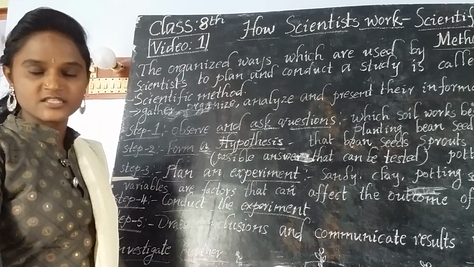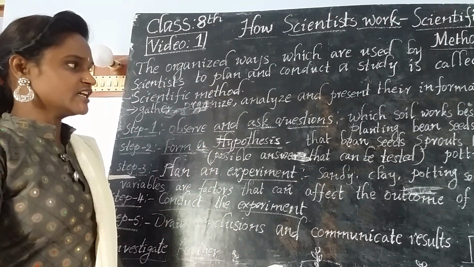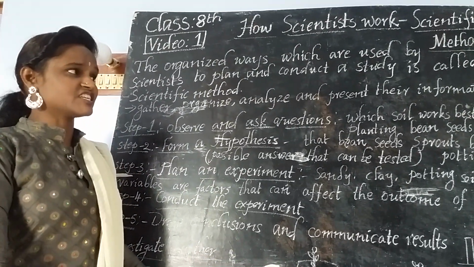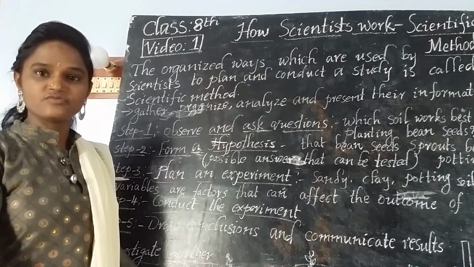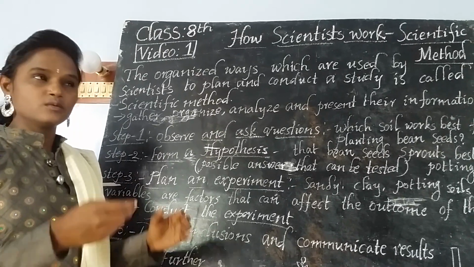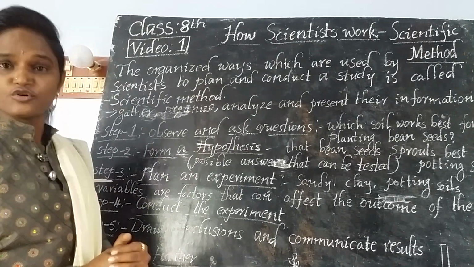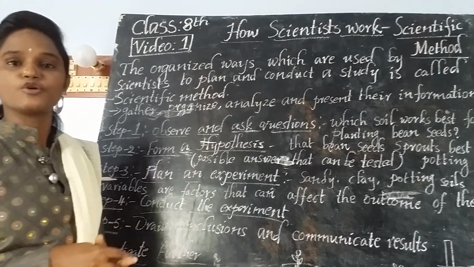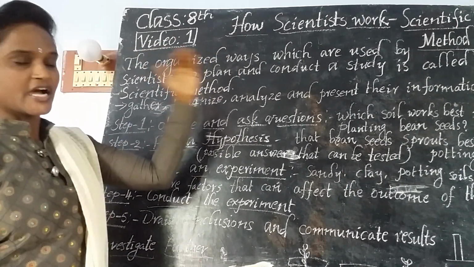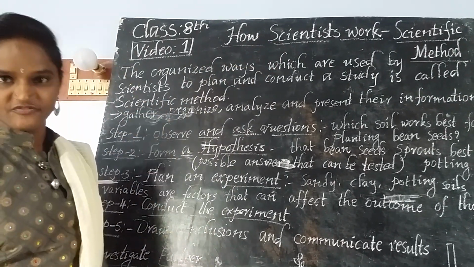Before going to discuss the different steps involved in a scientific method, here in your 8th class, there is one boy named Aravind. Aravind just started an investigation. He got one doubt by observing the nature, and he wants to answer that question himself. He is not going to ask any questions to others. By himself, he wants to know the answer. How is he working? By taking that Aravind example, I will explain all the steps involved in the scientific method.